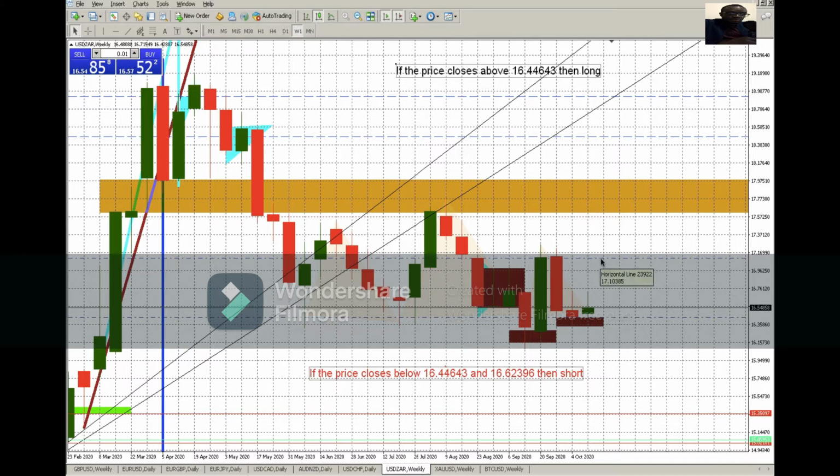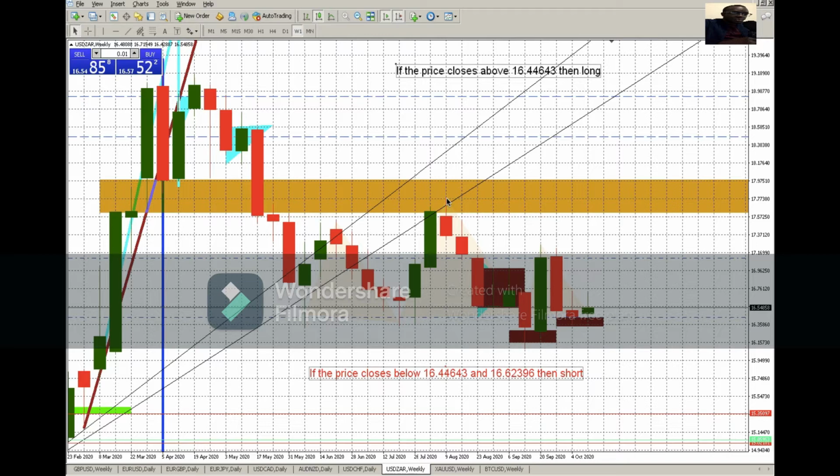If it breaks this zone to form a higher high, then we'll be expecting an upside move, right? But if it fails, if it closes below this low, this high, then we'll be expecting that if the price then comes down and closes below this position, let's say 16.35860, and then forms a lower high,